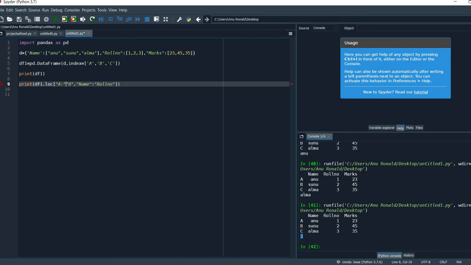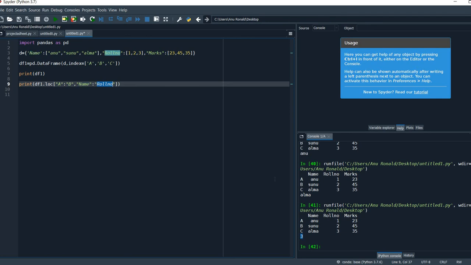You have to put the quotes always, otherwise it will give you wrong answers. Okay, so A colon B, that is start row and end row, comma, start column colon end column.